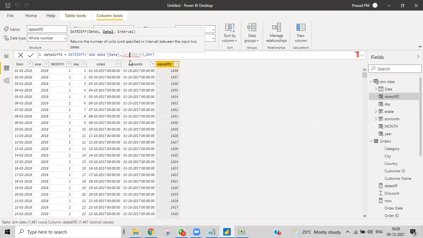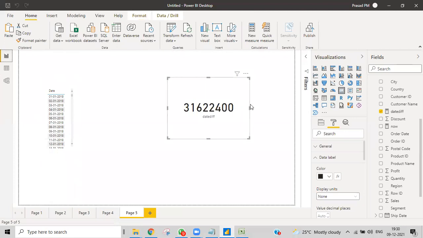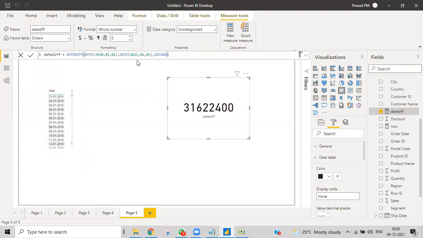Okay, this is how you can do it. But what I need to get, in this column we have shown that, but I want to show you some other example on a particular date difference. I don't want to make it like this.